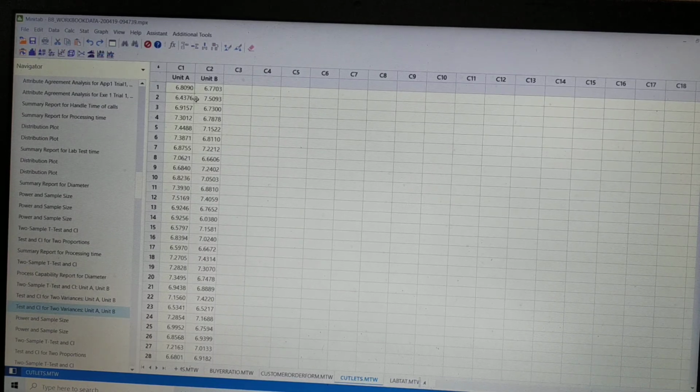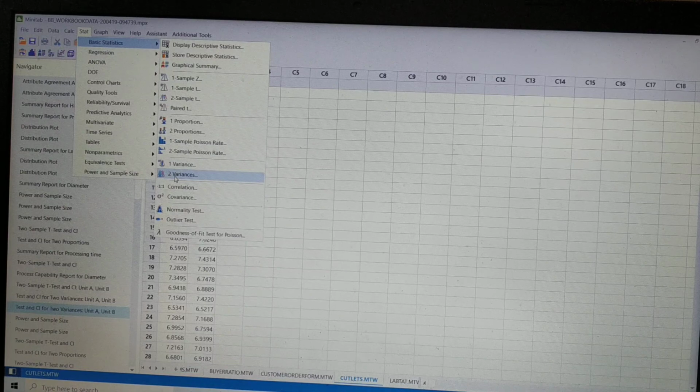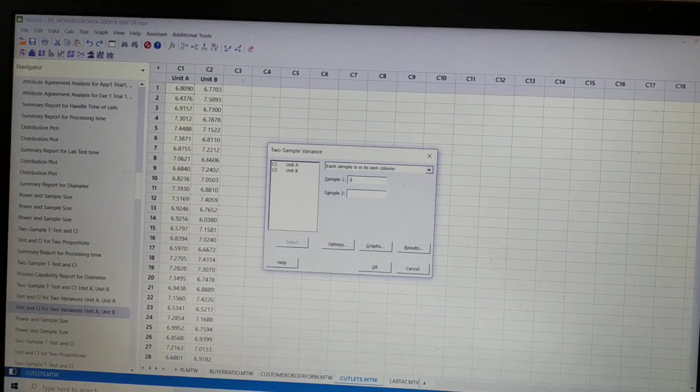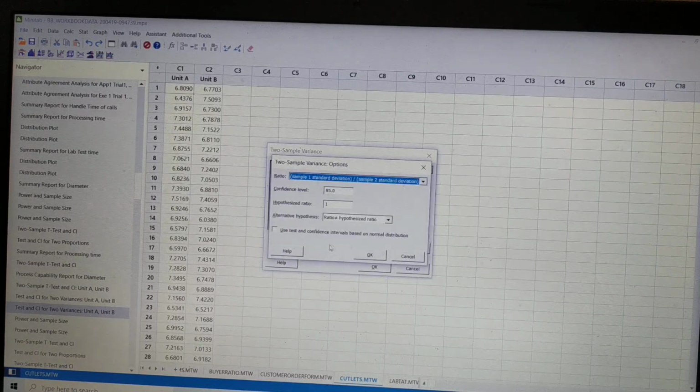So the test that we will perform, since we are comparing variance, will be the F test. So stat, basic statistics, 2 variance, each sample in its own column, C1, C2 in the option, since the